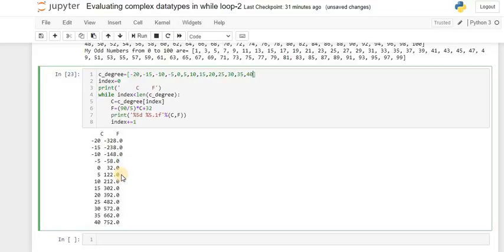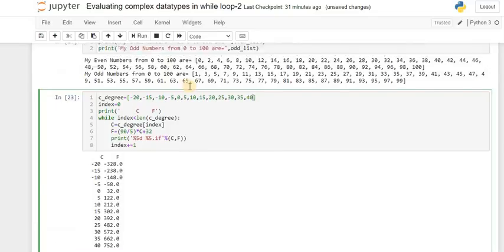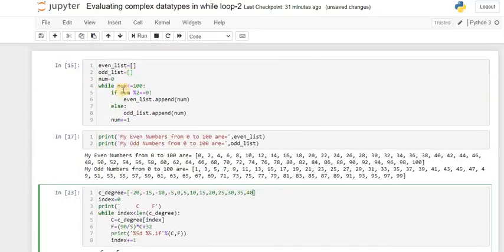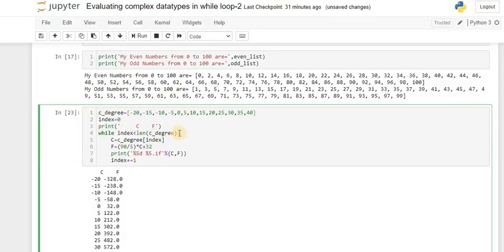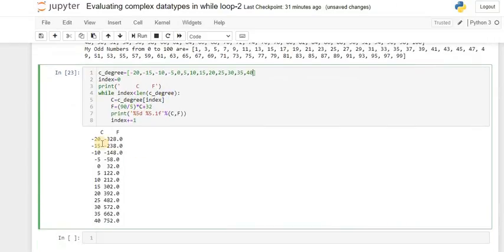Okay students, I hope you all understand today's video very clearly. In the previous video we created an empty list and appended to the list, and in this video I gave my own numbers. I also wanted to change those from Celsius to Fahrenheit. So Celsius, if -20 Celsius is there, in Fahrenheit it should be written as -328.0. So like this I wanted to consider all these things, and I did it in this way.